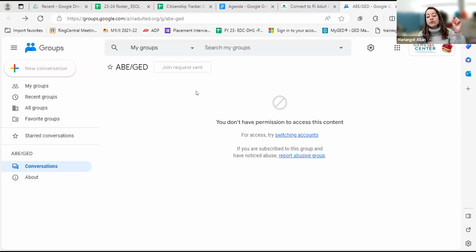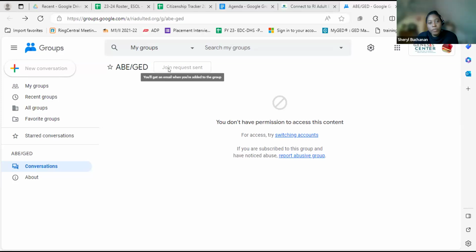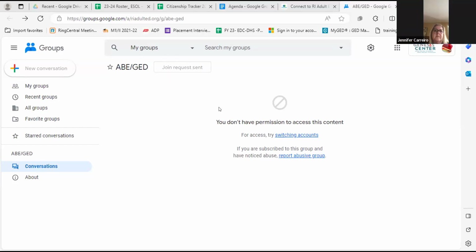Yeah, which is fine. So now we're gonna talk about that now. But you're good. You had to select where it says ask to join. It says group join request sent. I guess it was sent, but for some reason there was an error message before. But I figured this is no longer highlighted, so it means I just have to wait for the response to continue. That's right. Now I will get a notification telling me, hey, Cheryl is trying to join this group. And then I'll accept that and you'll be part of the group.